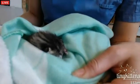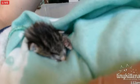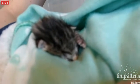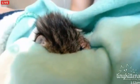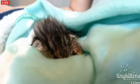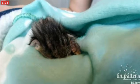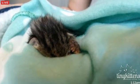She's pretty cute though. One final close-up. So I will keep you posted. She's definitely not out of the woods, so just, you know, try to keep that in mind, as hard as it is, that she's not out of the woods. But everything that can possibly be done for her is being done for her, and she's comfortable and